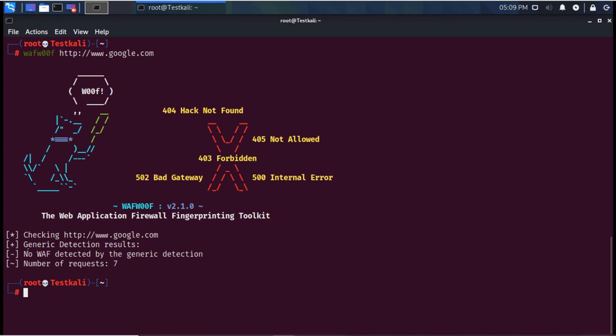Here it is saying no WAF detected by the generic detection, so it is not detecting here.